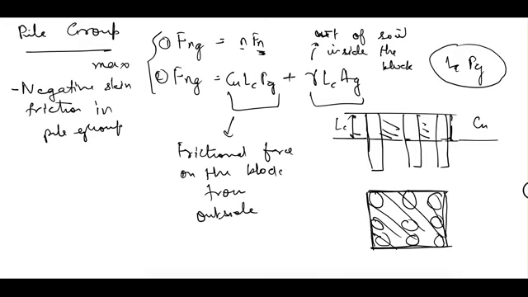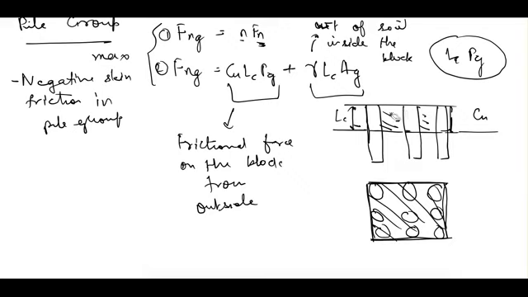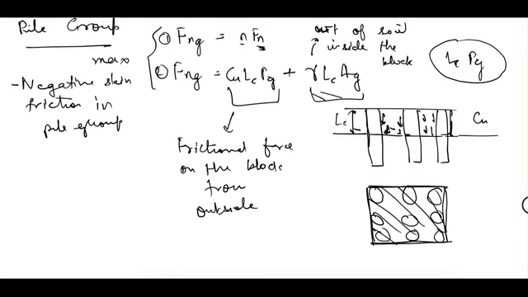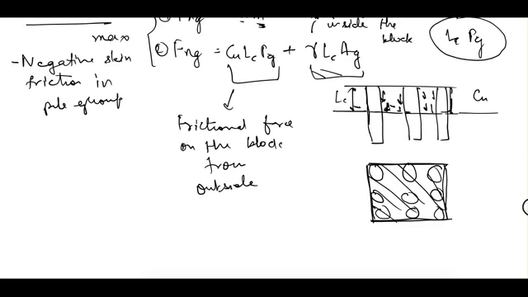So why have we considered this weight? Because this soil which is there inside the block is also the same soil which is compressing here. Now this weight of the soil is transferred to the pile due to friction. This weight is acting in the downward direction because it is consolidating, and this negative skin friction is acting in the downward direction. So this weight is also contributing to the negative skin friction. That's why we have considered this second term, that is the weight of the soil inside the block.